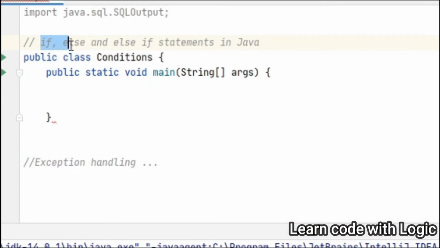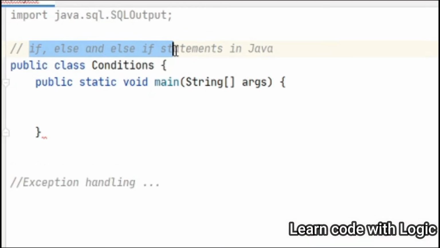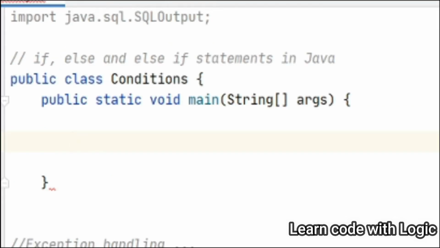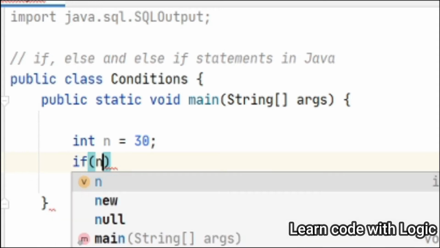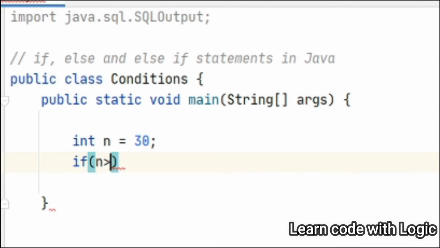Now let's understand what is if else statements in Java using one example. So here I have taken a class and main method. Let's take one integer, int n equal to 30. Now the if statement, then put a condition there. Suppose n is greater than 0.